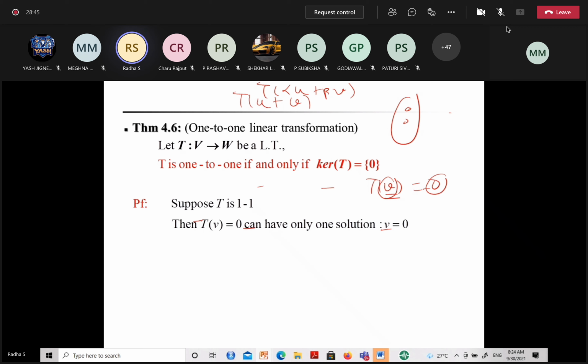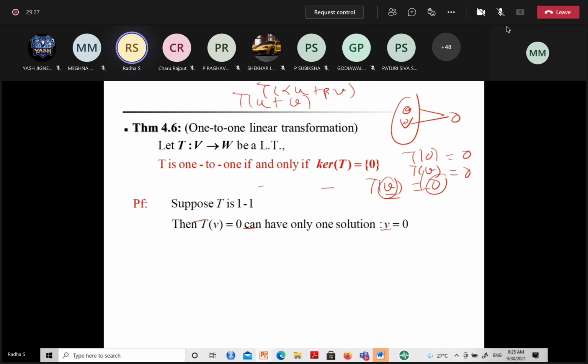But you know very well always 0 is mapped onto 0, because a linear transformation takes 0 to 0. So other than 0, if there exists one more element which is carried onto 0, that means T of 0 is 0, T of some non-zero element is also 0. So 0 and V are both mapped onto 0 here. So that is a problem. What is the problem? It is not 1-to-1, right? But it is given it is 1-to-1. So that means only 0 is mapped down to 0. So your kernel is having only 0. I hope this is clear.